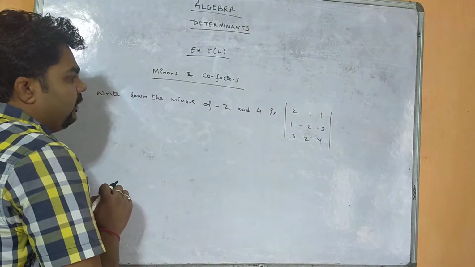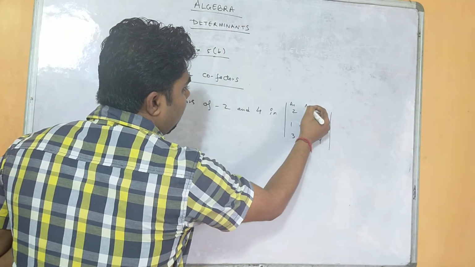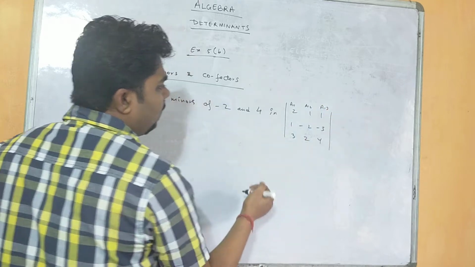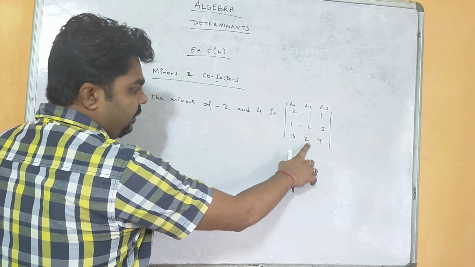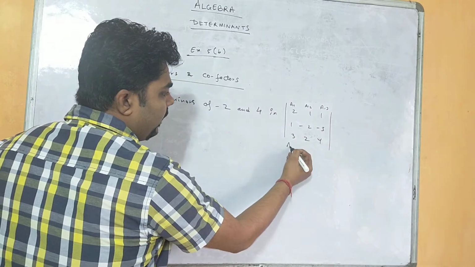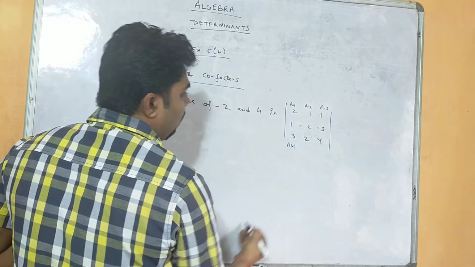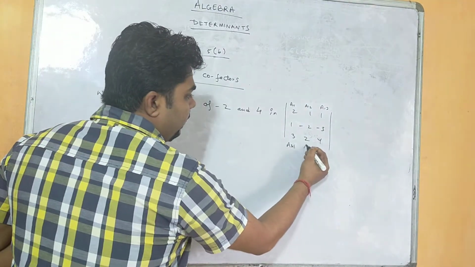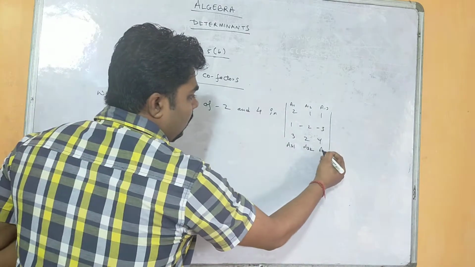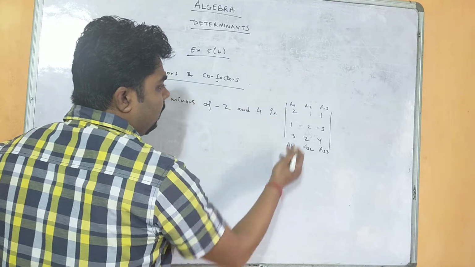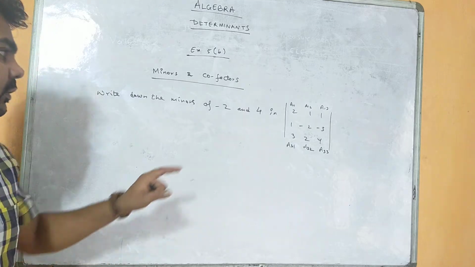Before getting the minors of this, you see what is the position of this: a11, a12, a13. Similarly a21, a22, a23, a31, a32 and a33. When I say a32, what does this mean? 3 means row number 3, column number 1, that is a31. Similarly here this one a32, that means row number 3 and column number 2. Okay, a33 is row number 3, column number 3. So likewise we will find for a21, a22, a23. So these are the positions of these particular elements.